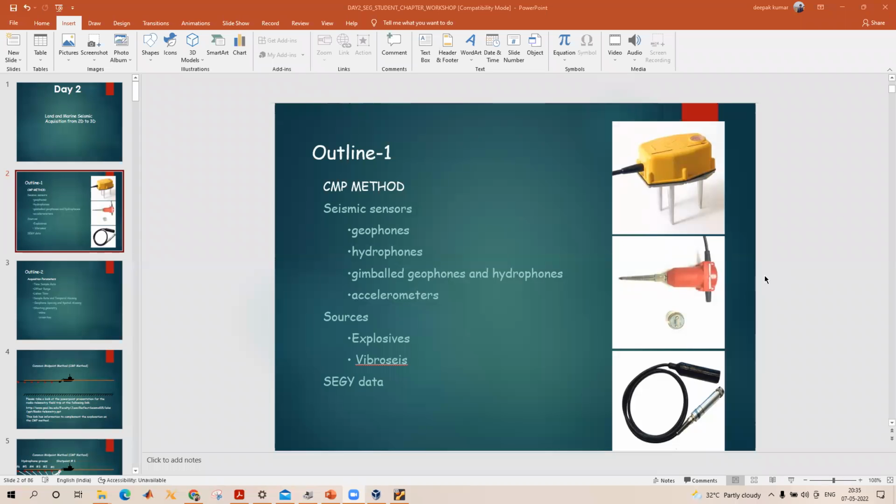So my request to you all is to download Seismic Unix and start working. Data is also available on that. Okay, and I can guide. See, I'm not an expert in Seismic Unix, but I am an expert in processing. But I can guide you guys how to